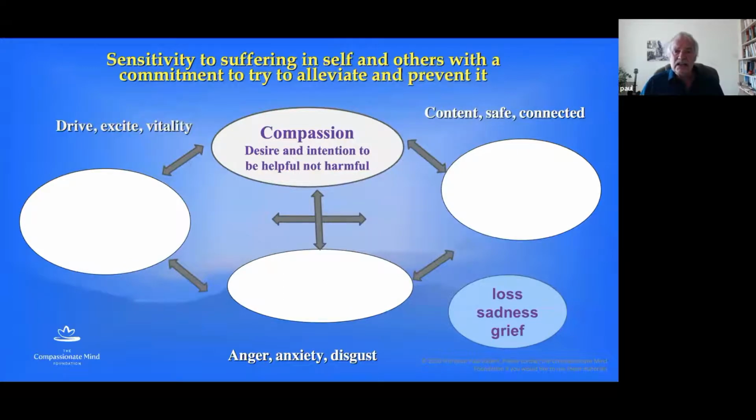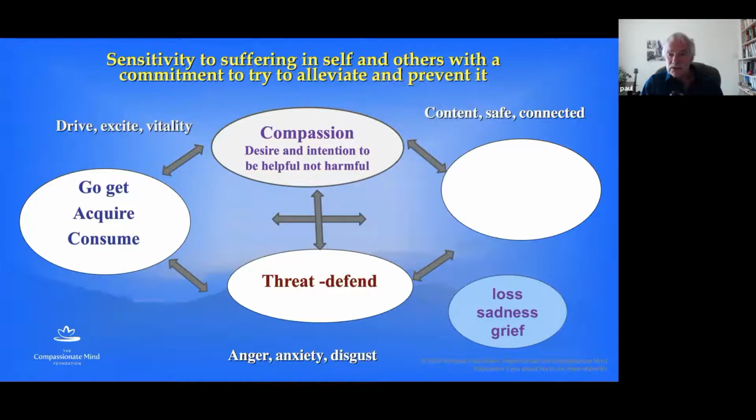And we can see then that the motivation for compassion can relate to all of these 3 different types of emotion. For example, when we are engaged in compassion, we can be stressed, can't we? Like many of our rescue services and many of our health worker services, it's very, very stressful what they're doing at the moment, but they're doing it in the service of compassion. It can also be a lot of drive. And we can have joy, can't we, from helping others, being able to go out and help others and do things and volunteer and feel that we're making a contribution. That can give us a sense of joy and pleasure. So we're driven, we want to do that, don't we?